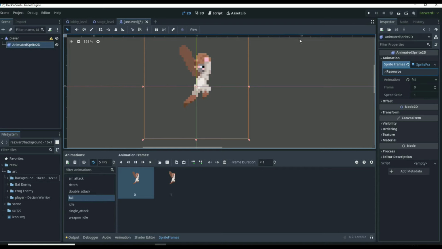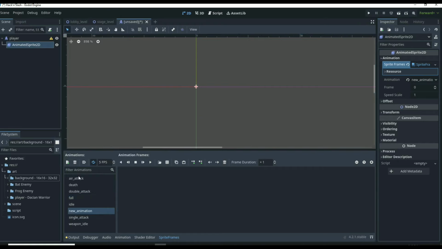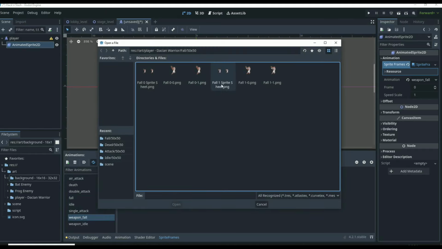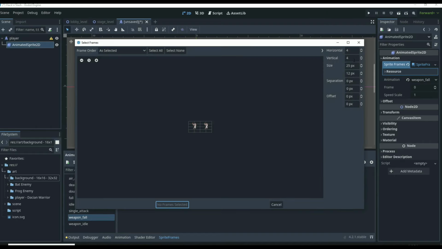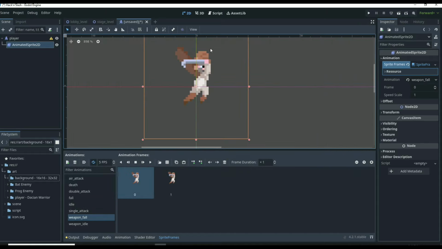It just looks like he's waving, but if he had gravity on him and he's fallen, like we're going to add in this episode, then it's going to all come together, right? And if we add another animation, this one is going to be our weapon fall. Now our weapon fall is almost going to be the exact same thing, except we're going to use fall 1 here. And if we go 1 vertical, 2 horizontal, we click on both, you can see that